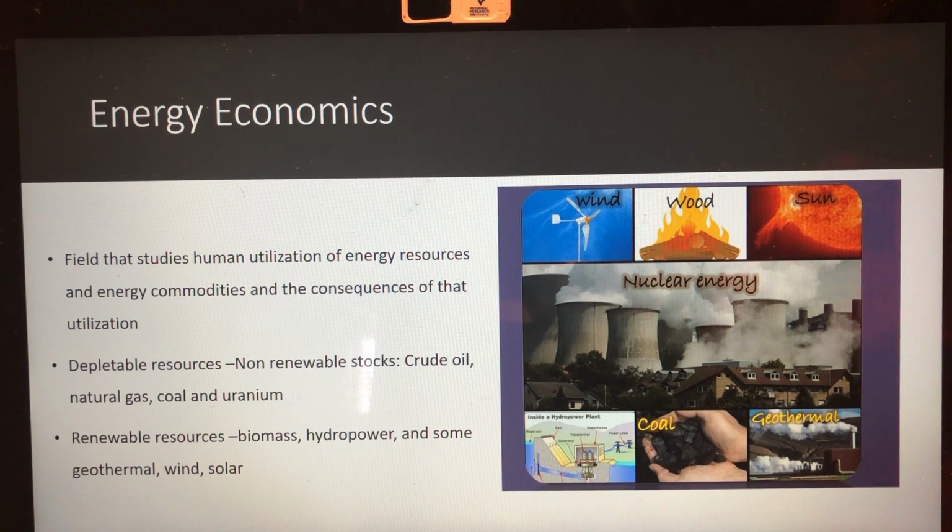What is the difference between renewable sources and non-renewable sources? Non-renewable sources are depletable. There is a limit in terms of quantity available. We have a limit on the reserves that are available, which is different with renewable energy. We don't have a limit to sunlight. We don't have a limit to wind. We cannot talk of stock or reserves on that.